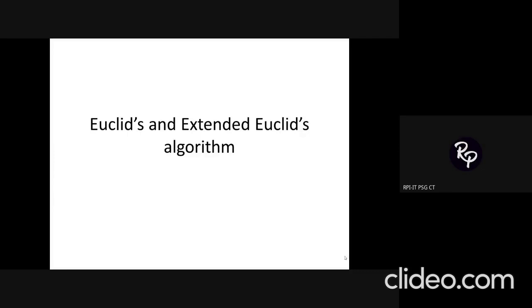And extended Euclid's algorithm is used for calculating the inverse of a number. Again, different methods are available for solving this, like the tabular method. Maybe you have already solved some problems related to that in another mathematics paper, but the one we are going to see here is Euclid's algorithm and the modification of Euclid's algorithm, which is the extended Euclid's algorithm. So the raw Euclid's algorithm is used for calculating the GCD of two numbers, and the extended Euclid's algorithm is used for calculating the inverse of a number.